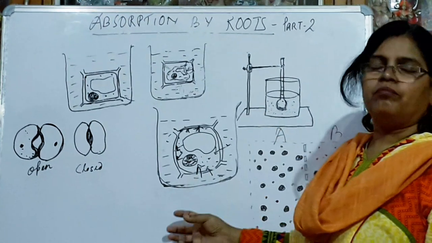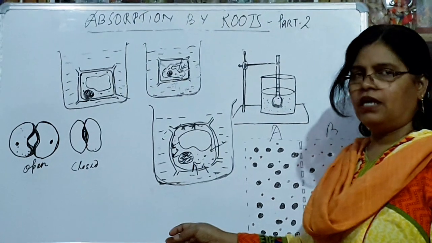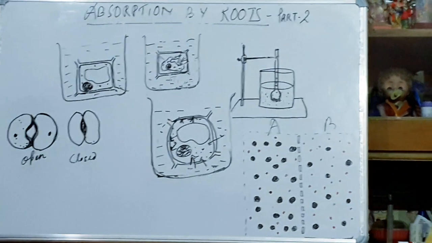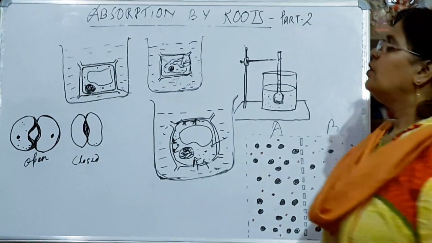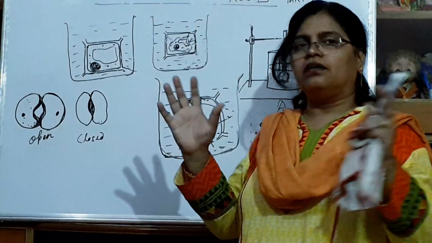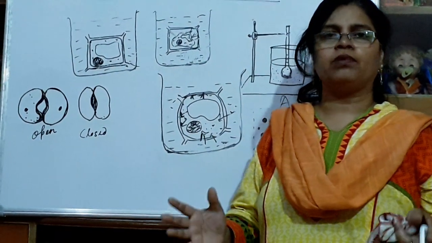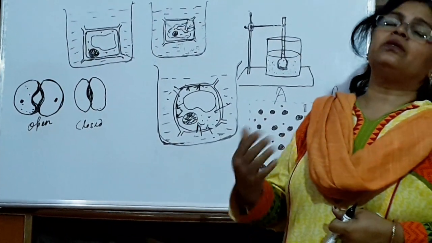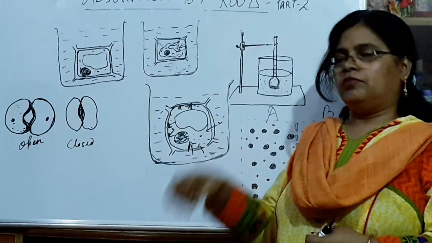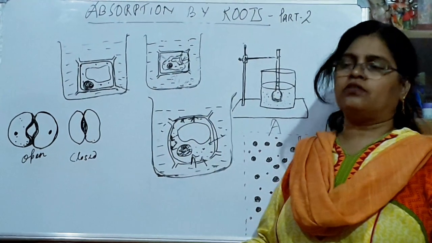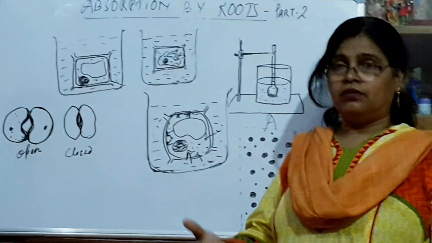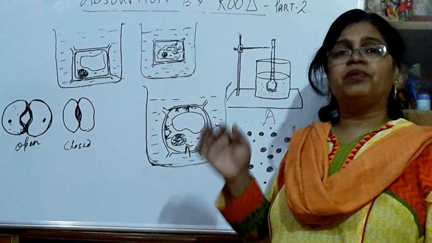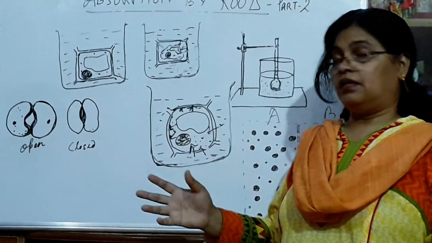Now what is the main cause of turgidity and flaccidity? I hope you understood. Turgor pressure is very useful for plants because, due to turgor pressure, the size and shape of the different parts of the plants can be maintained. It also helps in the insertion of the root into the soil, and you have seen that sometimes the roots of tiny plants can insert into a brick wall also. This is due to turgor pressure.